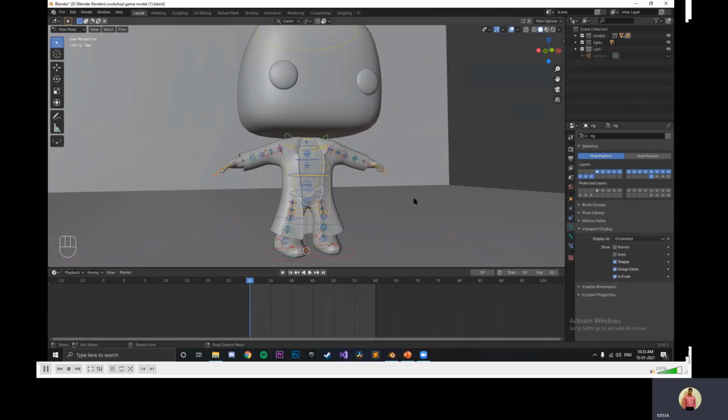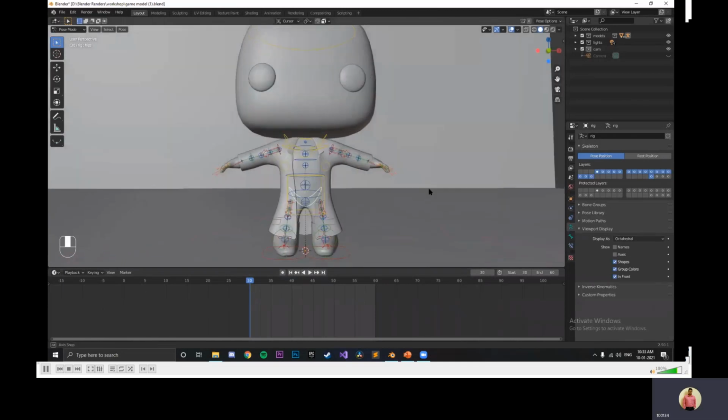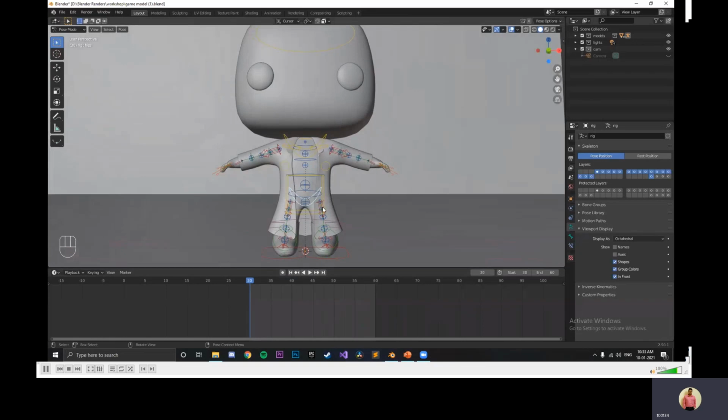Now let's say I want to make him dance a bit. So what I do is press R. I can make him dance like this. So now I want him to dance a bit. I press this small button. This button is auto keyframing, meaning I will not have to press anything. The only thing I have to press is the movement button, meaning if I press this and I move anything, it will create an automatic keyframe of the changes I have done. So you won't have to worry about anything.